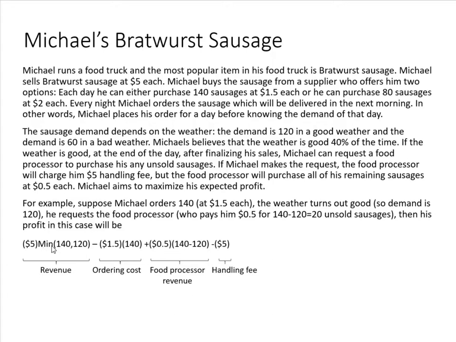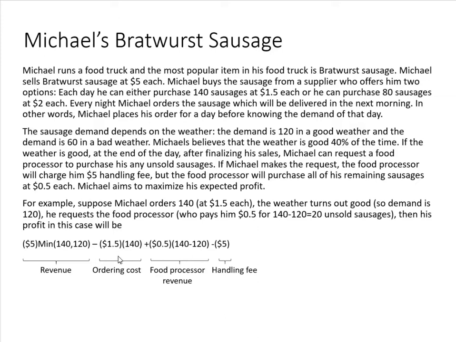I use min here just to represent that the actual sales of the sausage is the smaller of whatever you order and the actual demand. So that's the sales revenue. Minus, well, here's the ordering cost. Each sausage costs him $1.50. He orders 140 sausages. Whether he sells all of them or not, he needs to pay for all of the